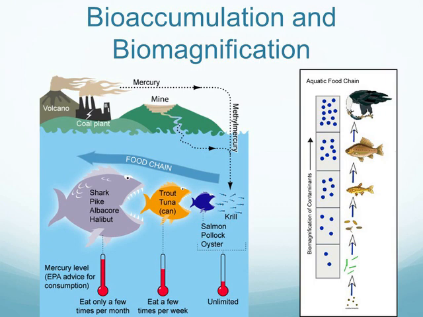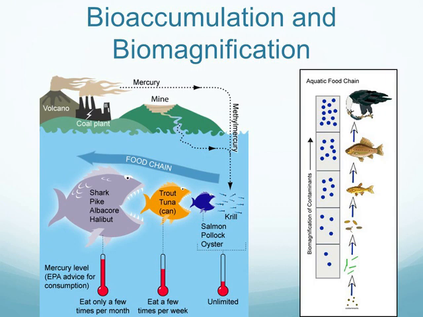So if you look at the image on the right hand side there, if you start at the bottom, that's where your krill would be at. So you can see the dots in the boxes represent the concentration of mercury. And so down at the bottom, there's not a whole lot of mercury concentration. But as you go up each level, say the krill is eaten by the plankton, and the plankton gets a little bit more mercury, but it's still not that bad. That small fish there in the third row eats the plankton, and he gets a little bit more mercury now, but still it's at a manageable level.